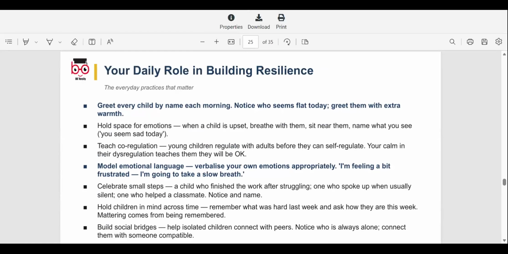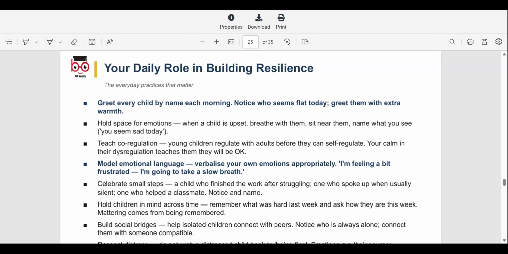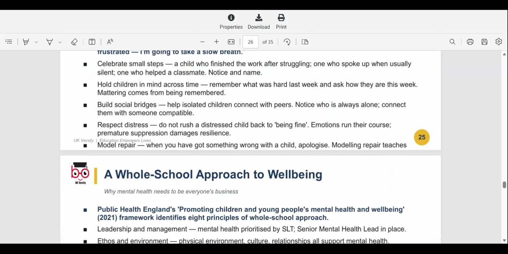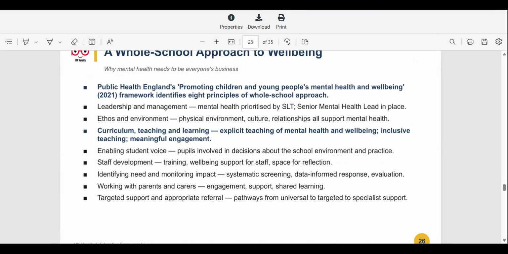Making sure you have small actions like pausing to breathe, and physical health. Making sure you have this space for emotions, teaching young children regulating with adults, making sure they're calm, celebrating small steps, building social bridges, supporting them, breaking down goals, and writing down their good points as well. A whole school approach,